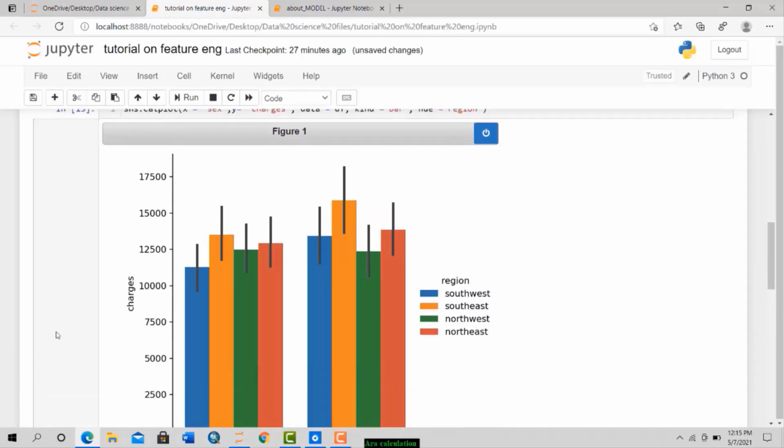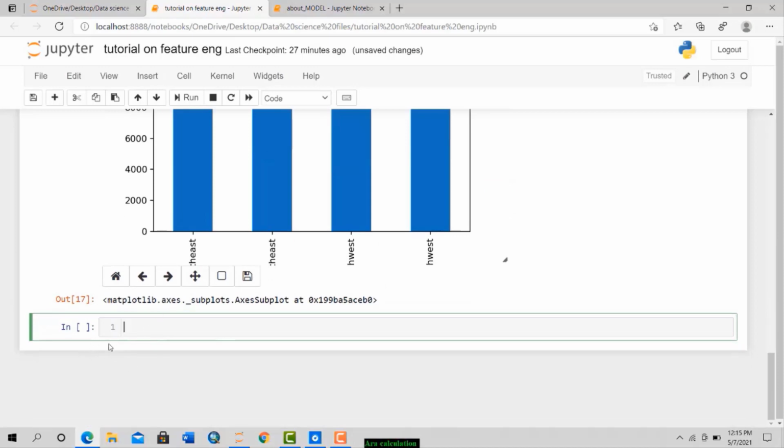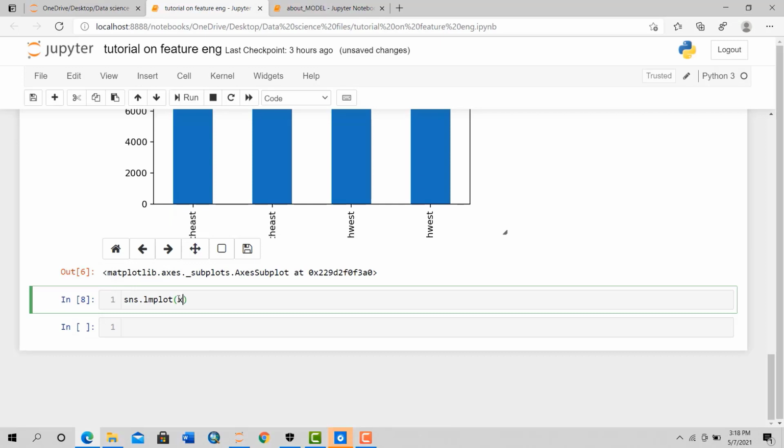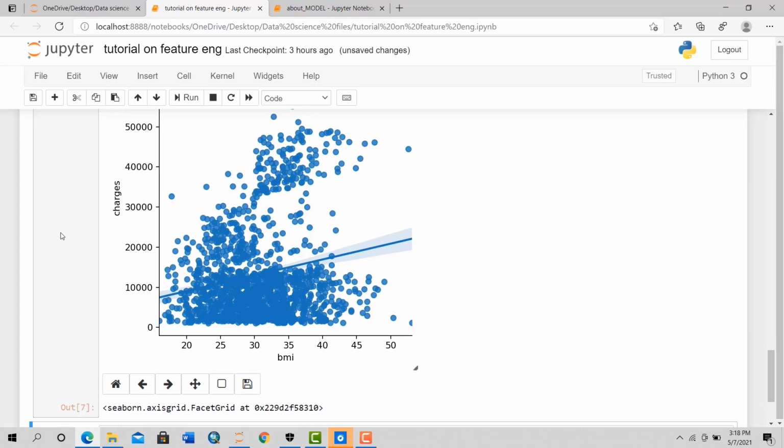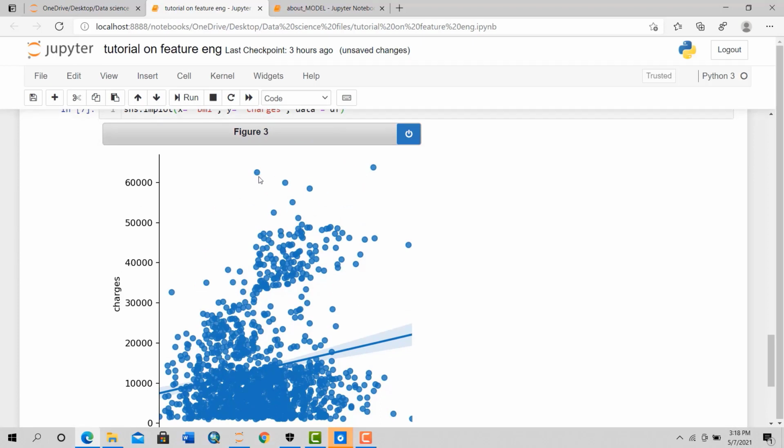Well, let's see what body mass index and charge, which I think will have larger impact on charges. So sns dot catplot, or you can do lmplot. Now our x is going to be body mass index, so BMI, and y is charges. Now the data frame is df, and let's plot it. So now you can see clearly that body mass index and charges have a relationship, but it's not a very good relationship. Lots of outliers,